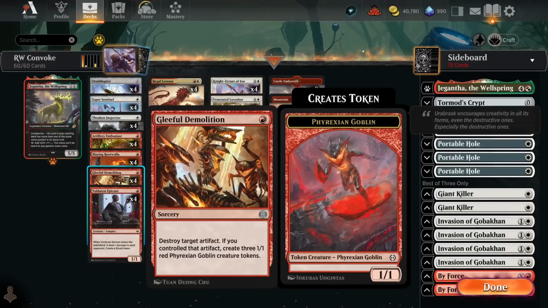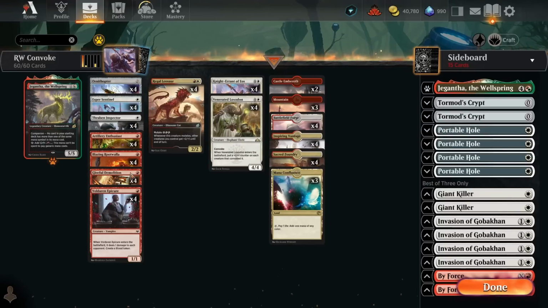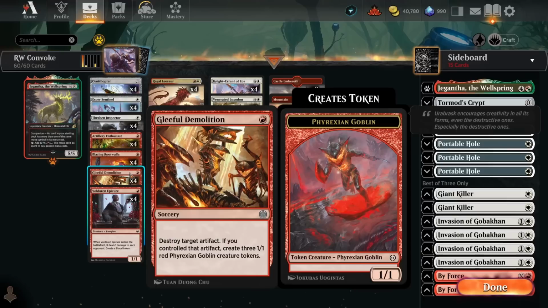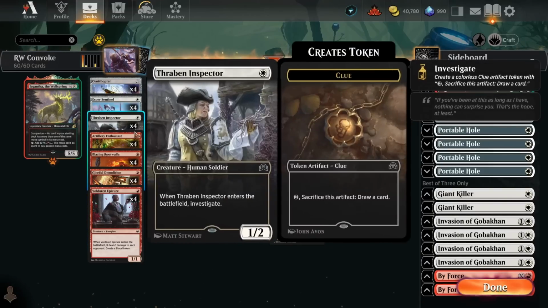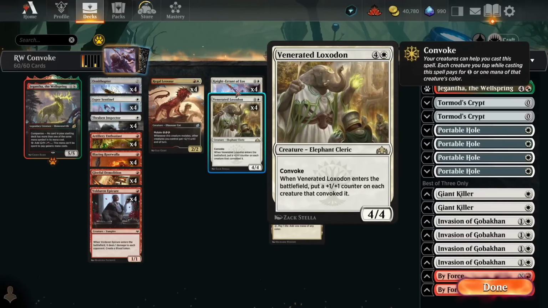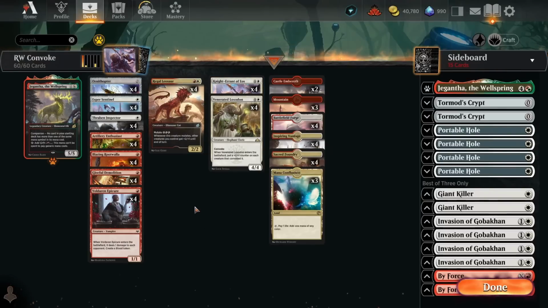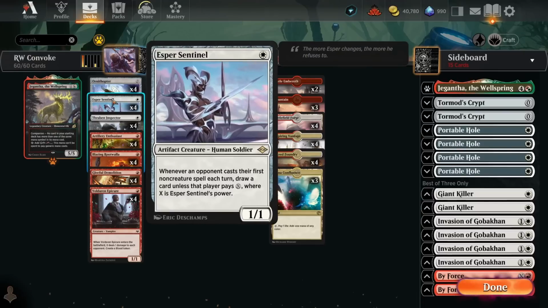But for the most part, you really want to be using your Gleeful Demolition either on the blood token, the clue token, or the Ornithopter. And getting 3 1/1s into play is incredibly powerful. It enables these ridiculous starts where you can go, Thraben Inspector on turn 1 into another 1-drop and Gleeful Demolition, and then you have 5 creatures in play, and you can immediately convoke a Loxodon or a Knight Errant of Eos on turn 2. So Gleeful Demolition definitely enables your fastest starts,